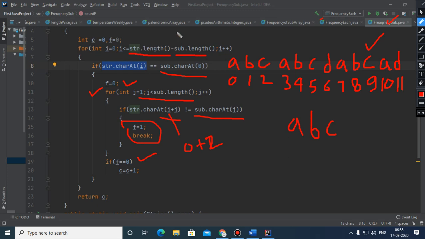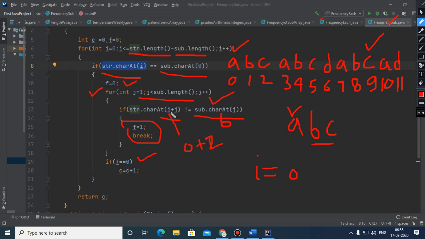Okay. And here each and every alphabet of the main string we have extracted. Initially we got this A, and this A will get matched with this A. And when this A got matched, the value of i was 0. And with the help of this loop, we started a loop that will go for B and C. Initially when j is 1, we got this B here.